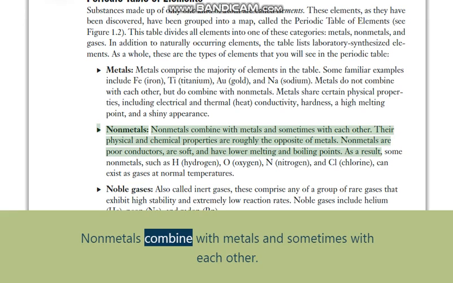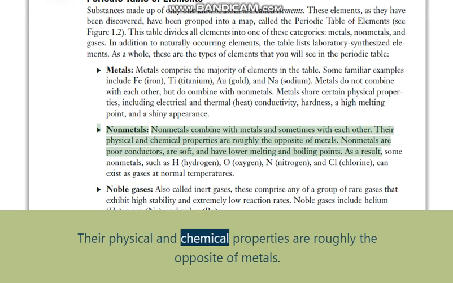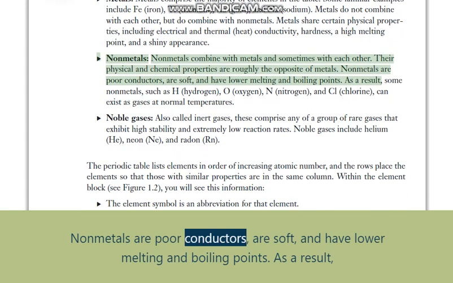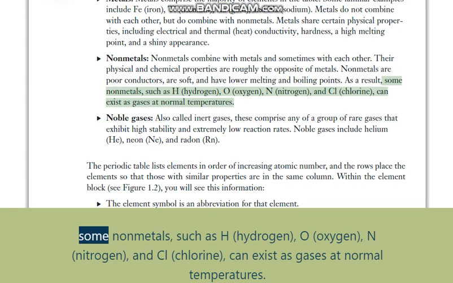Nonmetals. Nonmetals combine with metals, and sometimes with each other. Their physical and chemical properties are roughly the opposite of metals. Nonmetals are poor conductors, are soft, and have lower melting and boiling points. As a result, some nonmetals, such as H, hydrogen, O, oxygen, N, nitrogen, and Cl, chlorine, can exist as gases